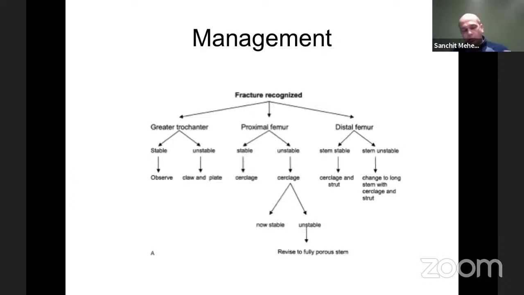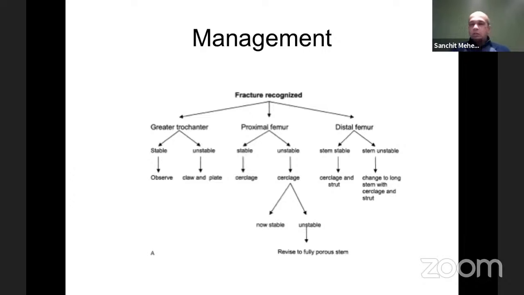So typically, when you're trying to engage an uncemented stem around the lesser trochanter and you get a calcar split, if the prosthesis itself is stable, you can get away with cerclage. If the prosthesis is unstable, you get the cerclage fixation. If now you can restore a tube, then you can go up a size or get a fit in. You could bail out to a cemented stem. Or if the fracture and the prosthesis still remain unstable, then you have to get distal fixation with the fully porous stem.